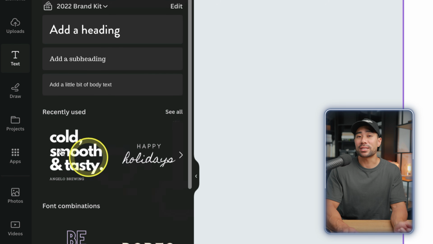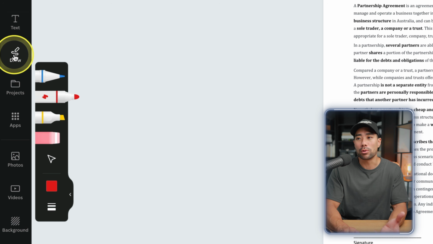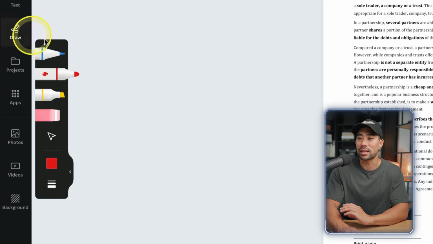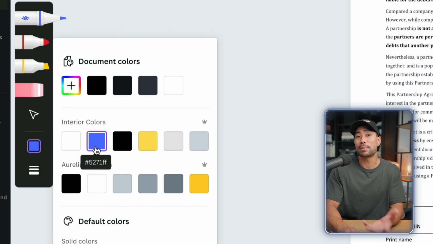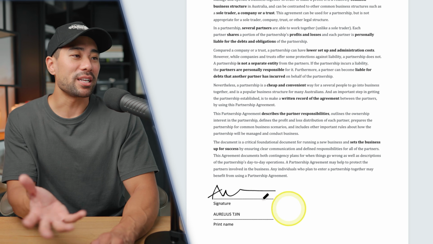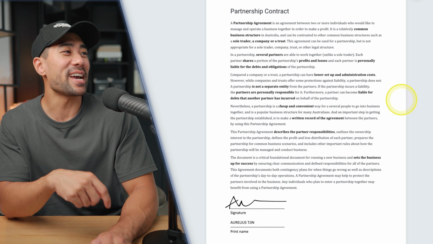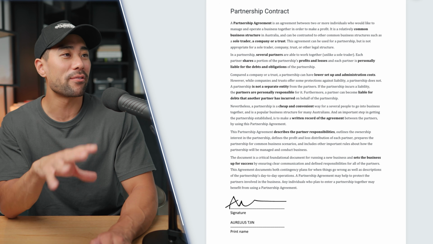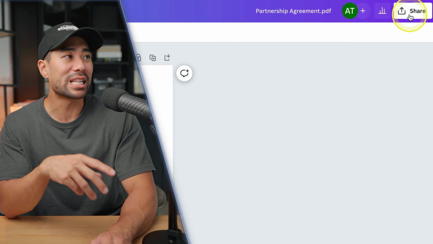Now let's get to signing this agreement. Canva recently released this draw tool, so we could very well utilize this draw tool and then select the pen tool. And let's keep things simple and choose black, and then simply sign away. All right, so as you can see, I've signed my life away, and now what I'll do is download this file as a PDF document. Click on Share,